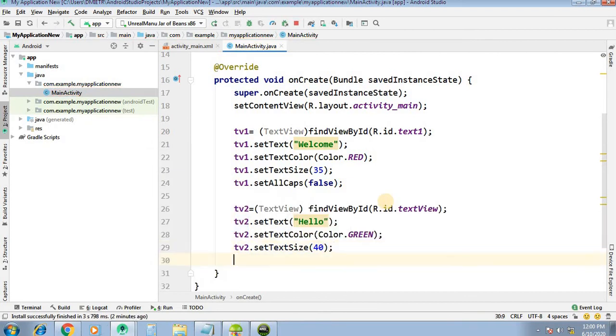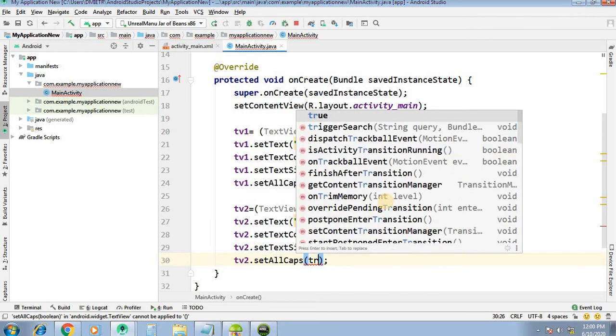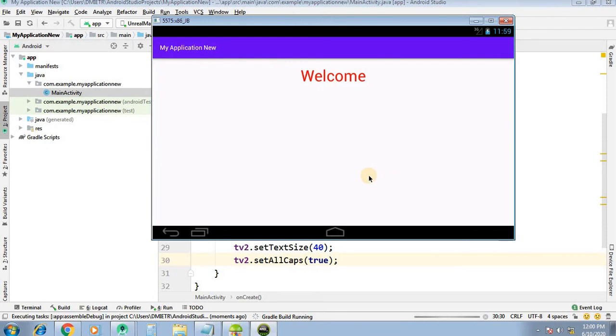And tv2.setAllCaps equal to true. So you can see the changes.